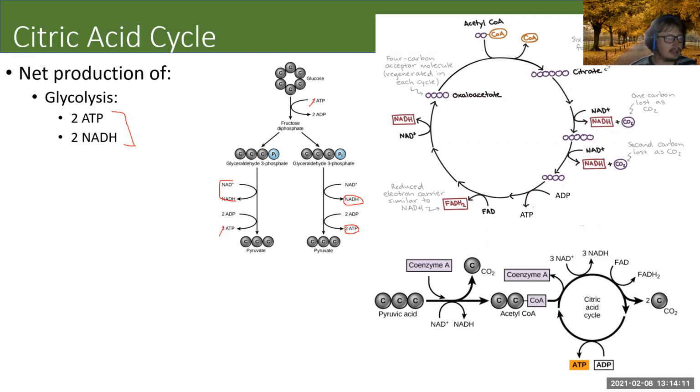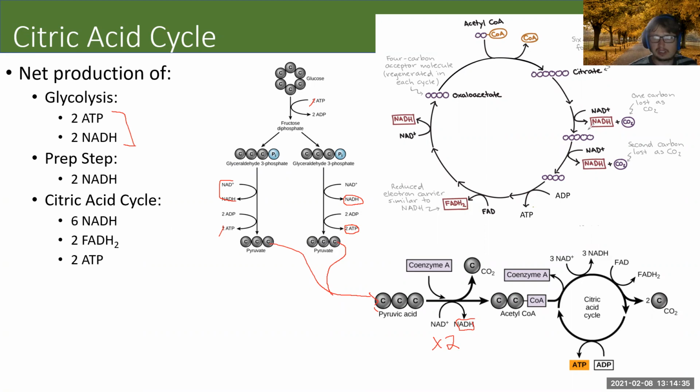And then our prep step gives us the NADH per pyruvate molecule. So this is just 1 time, and they're doing this 2 times, so this is times 2 per glucose molecule, right? So we end up with 2 total NADH, and then the citric acid cycle gives us